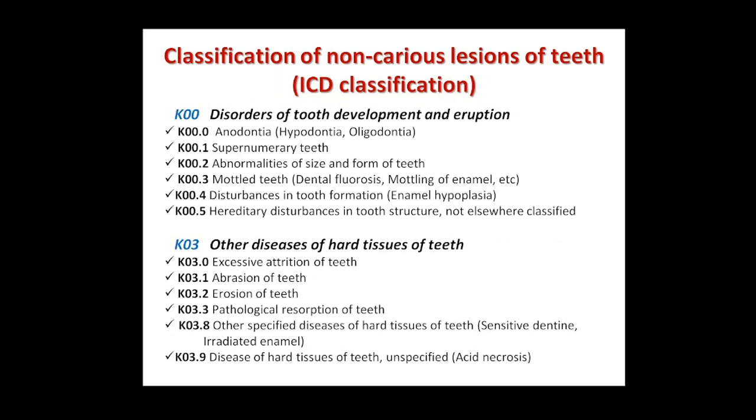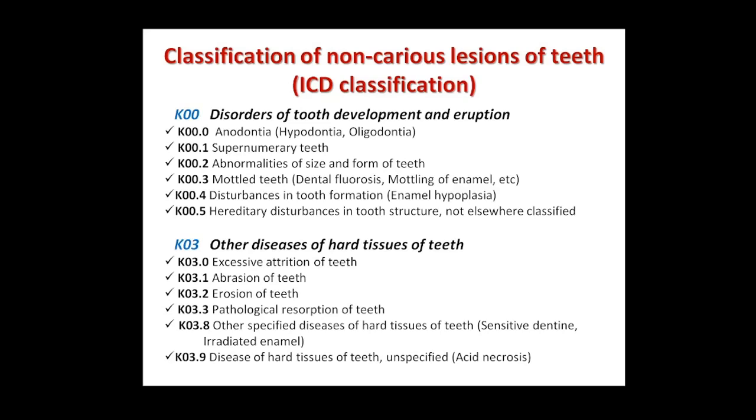And the second classification of non-carious diseases is the International Classification of Disease. And these previous groups correspond to groups of different diseases, and each group has a special code according to the International Classification of Disease. The first group has code K00,